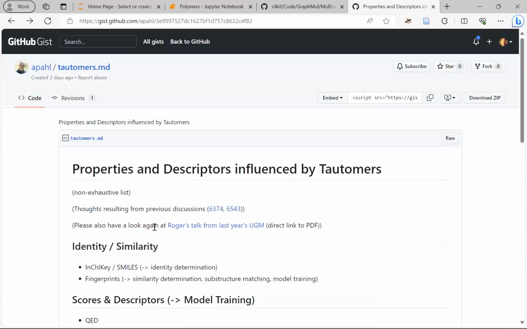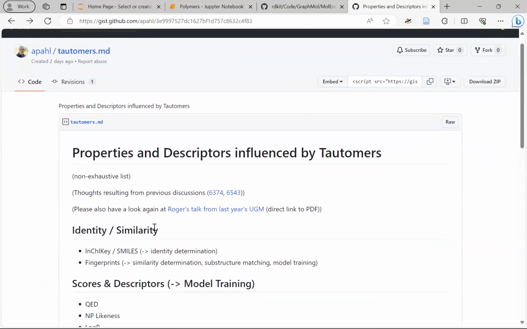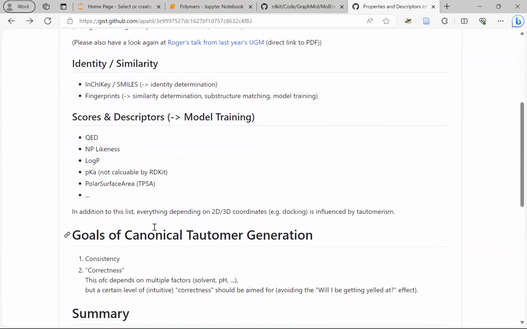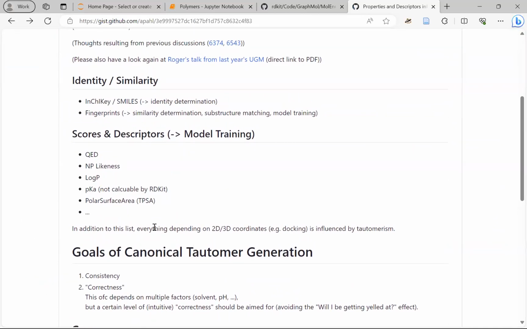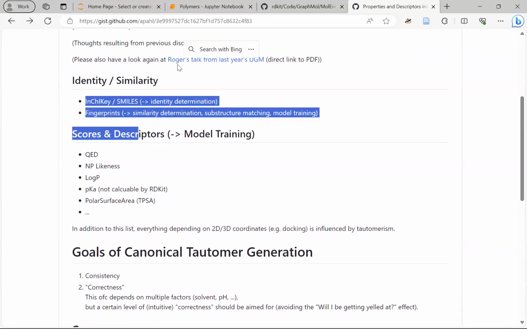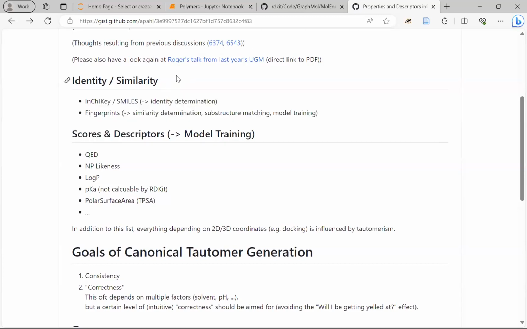And then I started thinking about tautomers more in detail, and also definitely want to mention Roger's talk, of course, from last year's UGM again, definitely worth a look in that context. But when you really think about tautomers and what they all influence, it's pretty much everything. So InChI keys depend on the tautomeric form, SMILES, of course. This is important for identity determination of structures. Fingerprints as well are influenced by the tautomer,